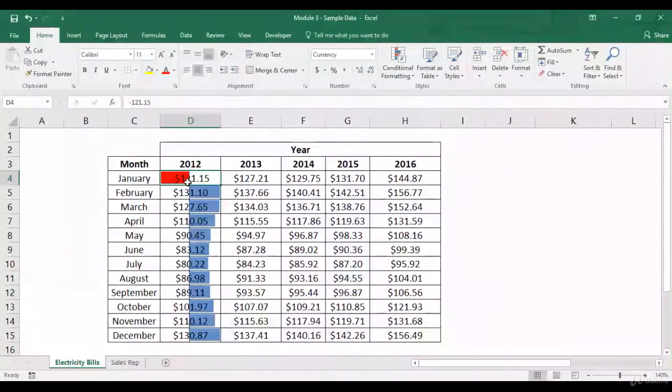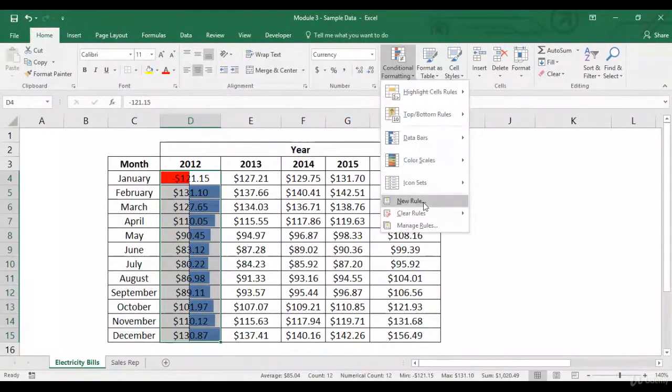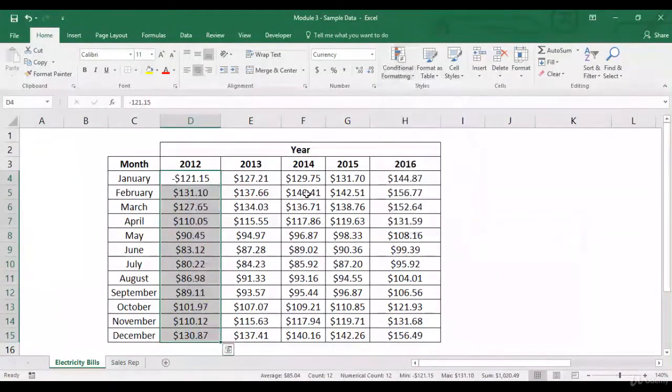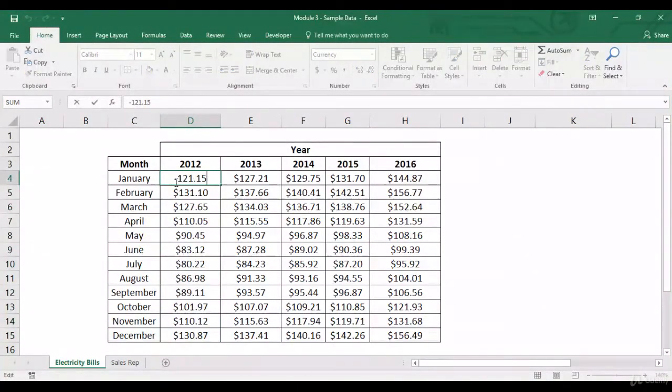Now as you can see, for the negative values it's a red color and it goes the other way, whereas for the positive values the data bar goes this way. Again let's clear the conditional formatting, and let me just remove the minus sign.